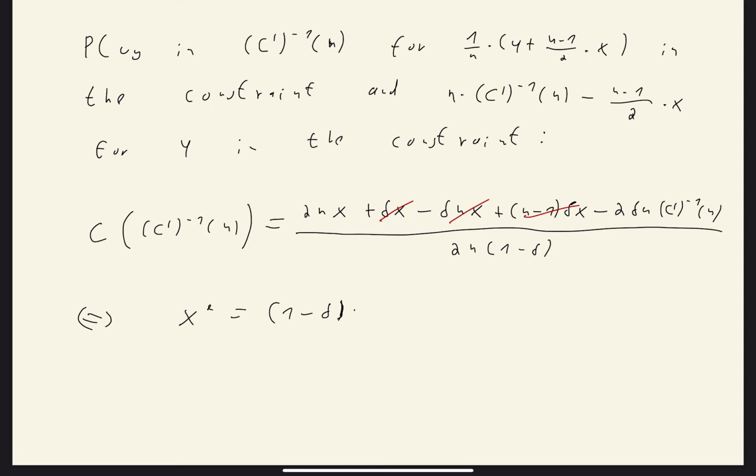So it's 1 minus delta times c of c prime minus 1 of n plus delta times c prime minus 1 of n. Okay, so this is now x star, the transfer to all the legislators in the minimum winning coalition but the proposer,